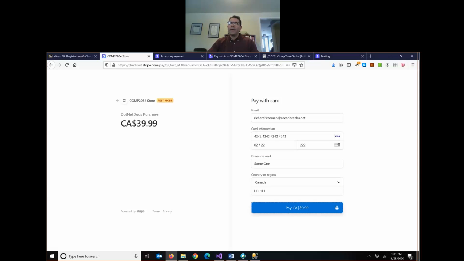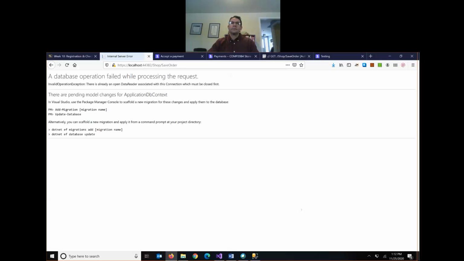It may not work with a fake postal code. We'll see. I guess it does. Well, that's interesting. Pending model changes. I didn't think I made any changes to my models, but it's telling me to create a new migration. Okay, I guess I'll create a new migration in the database. I didn't think I needed one, but